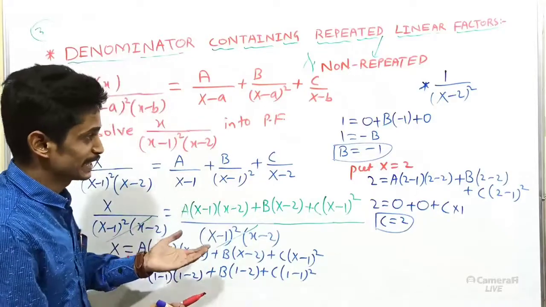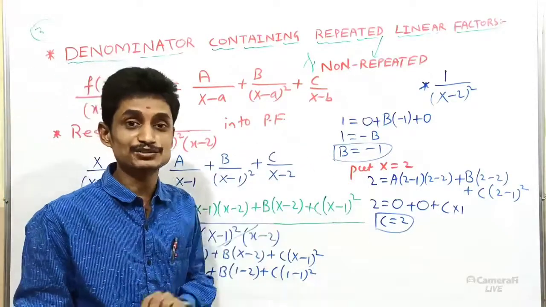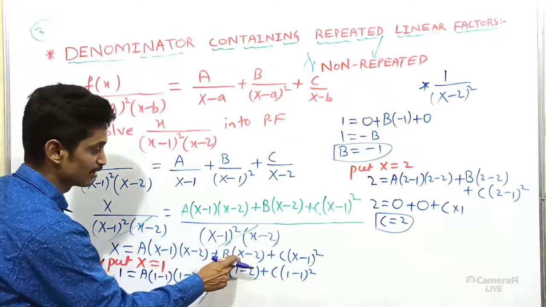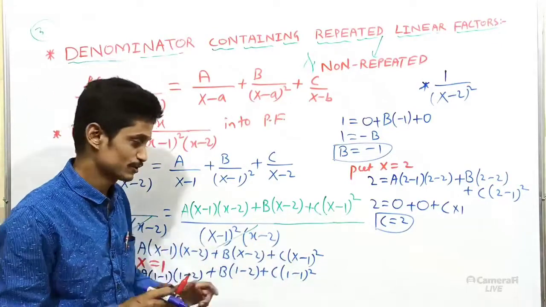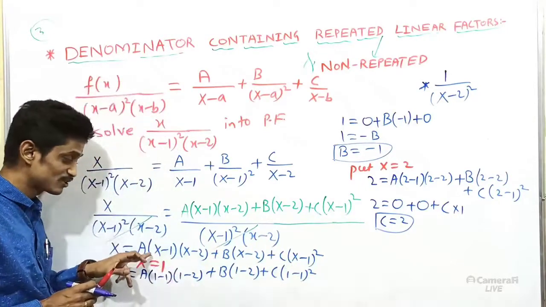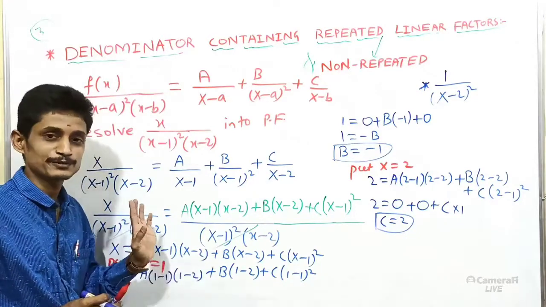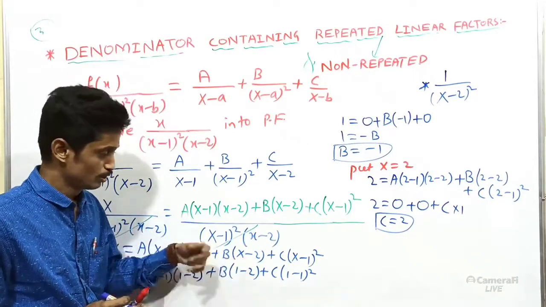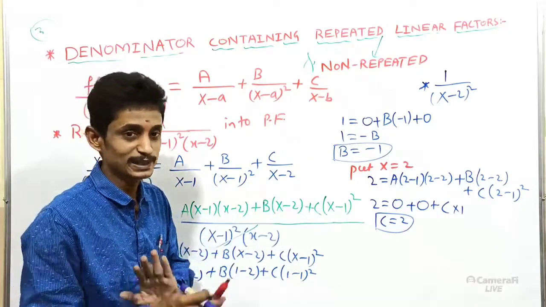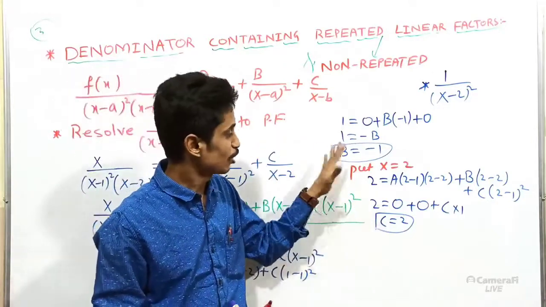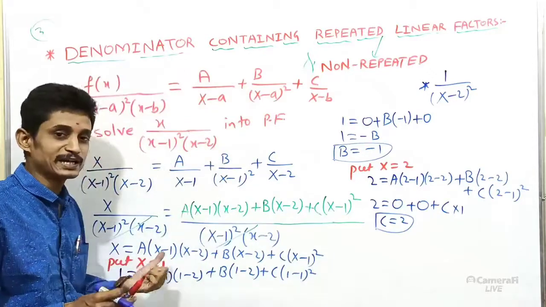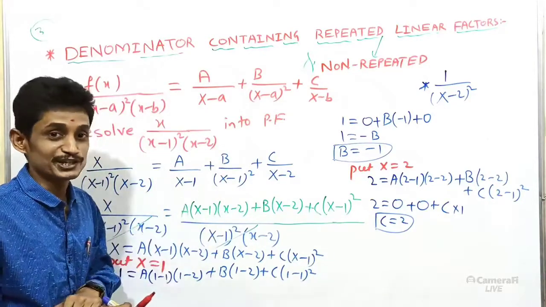Then how to eliminate b and c simultaneously? It is not possible here, because if we replace the x value by 1, c will eliminate as well as a will eliminate, and b remains. If we replace x by 2, b will eliminate as well as a will eliminate, and only c will remain. That's why it is not possible. After obtaining these two values, to get the value of a, let us take the coefficient method.